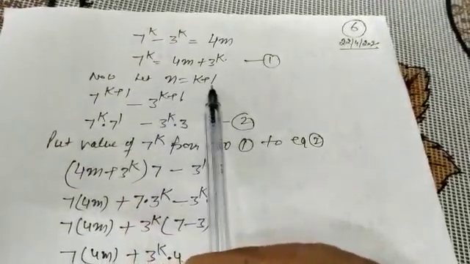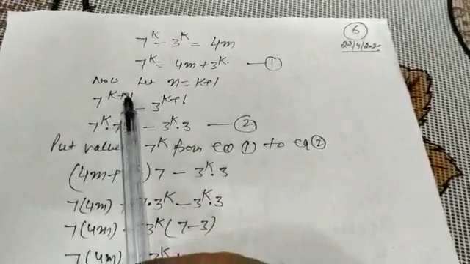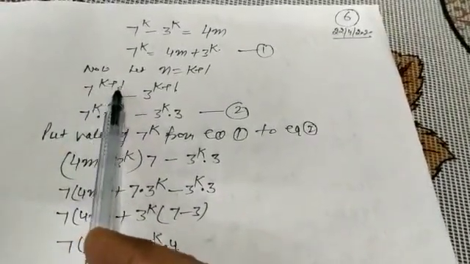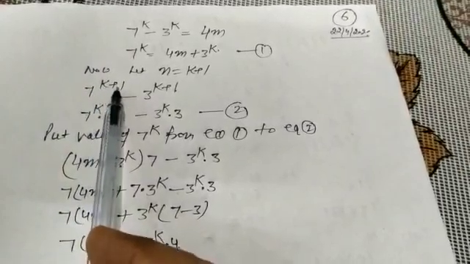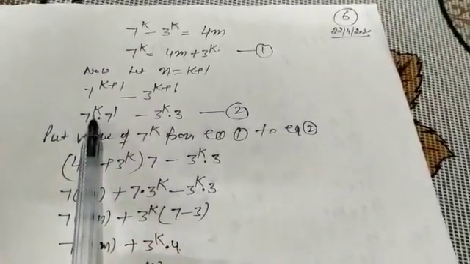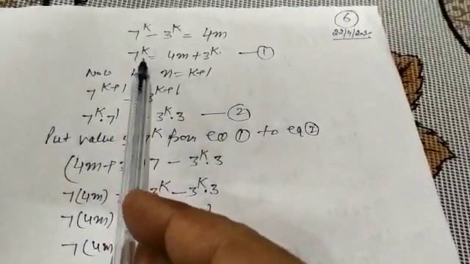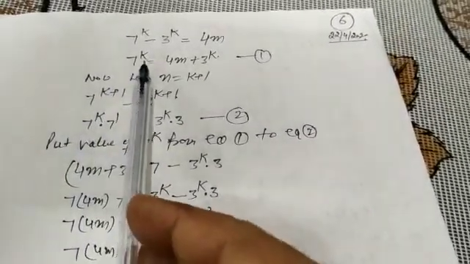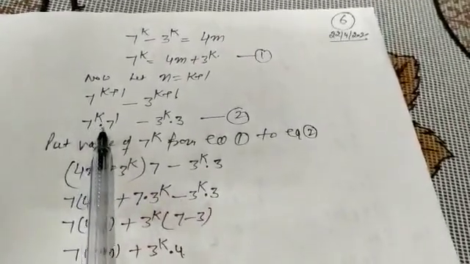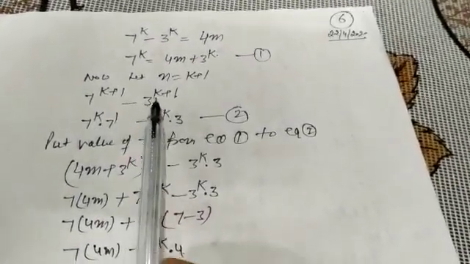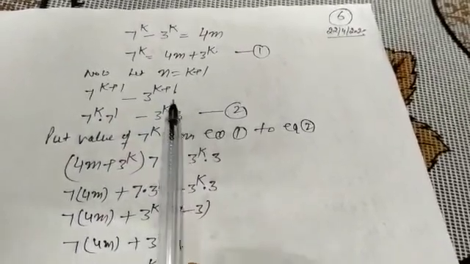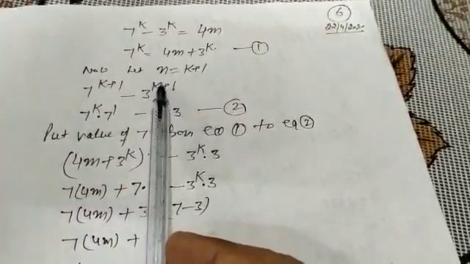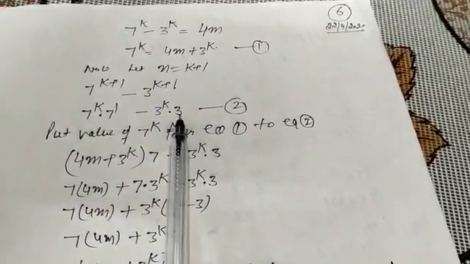Now replace n equals k plus 1. It is 7 to power k plus 1 minus 3 to power k plus 1. Here you must take care in place of k plus 1. You always break this function in such a way that whatever value you calculate here, you arrange according to that. Here 7 to power k is there, so I arrange 7 to power k into 7 and 3 to power k into 3. Because when bases are same, then powers are added. If powers are given in the form of addition, then we can write down with separate bases.